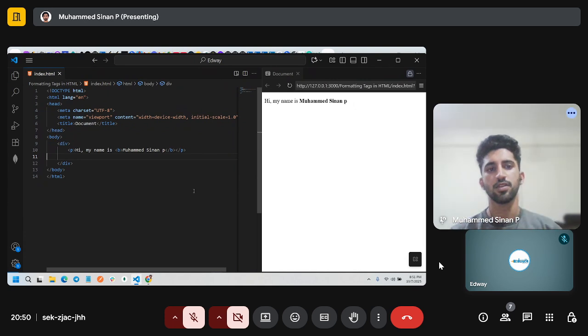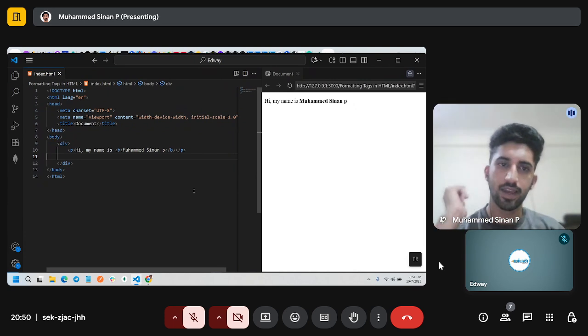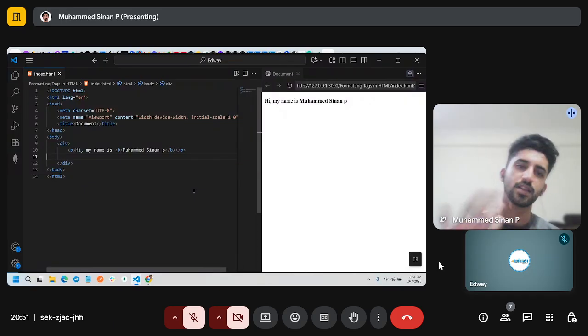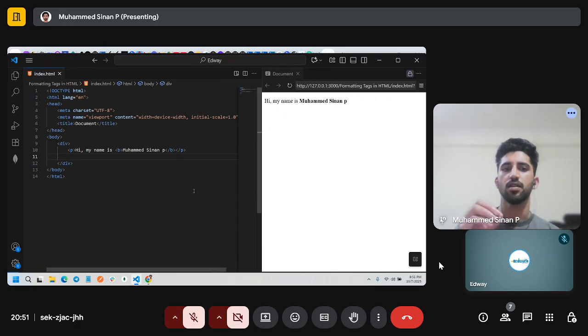So that's the two reasons. One is the quick formatting that you get. Second is the semantic structure that you provide. So that's why we use formatting tags over CSS. Obviously, you are going to use CSS and other frameworks, but understand that you can always use formatting tags whenever necessary.